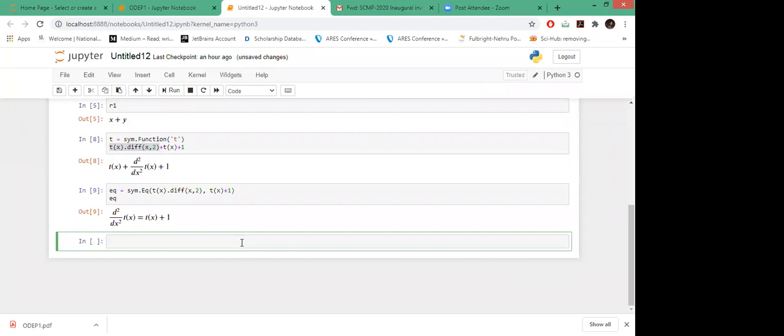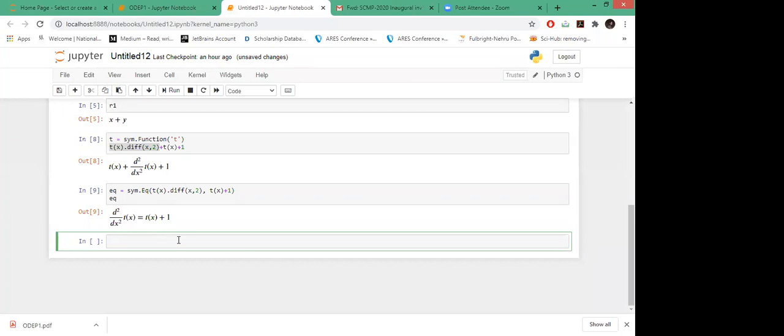Next is, okay. Now I will define one equation. First of all, whenever we are dealing with differential equations, there are many different forms of equation: linear form, homogeneous, non-homogeneous, second order also.